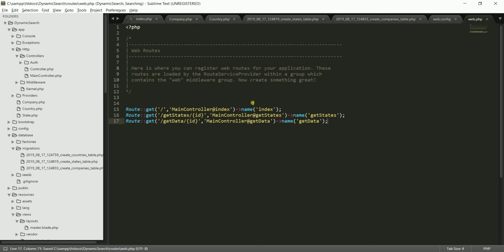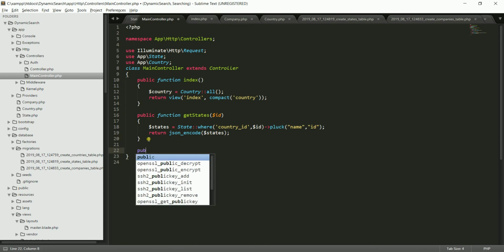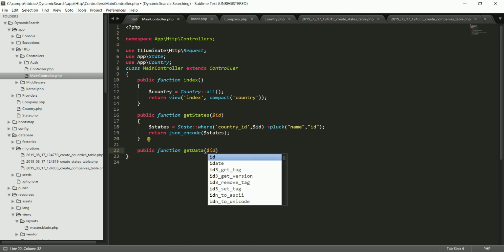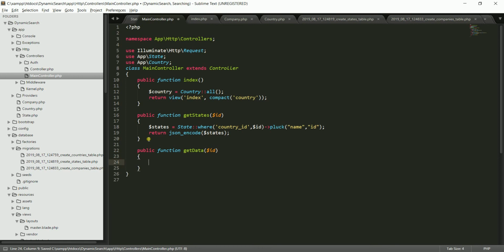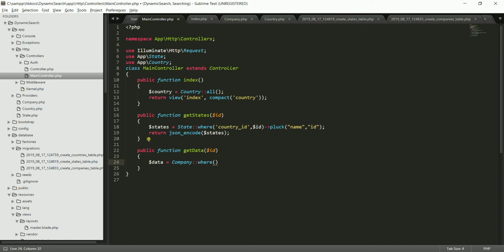So let's go on to main controller and create this function. Public function get data. We have to pass a parameter. So data will be equal to company. So company is the model from where we will get the data,